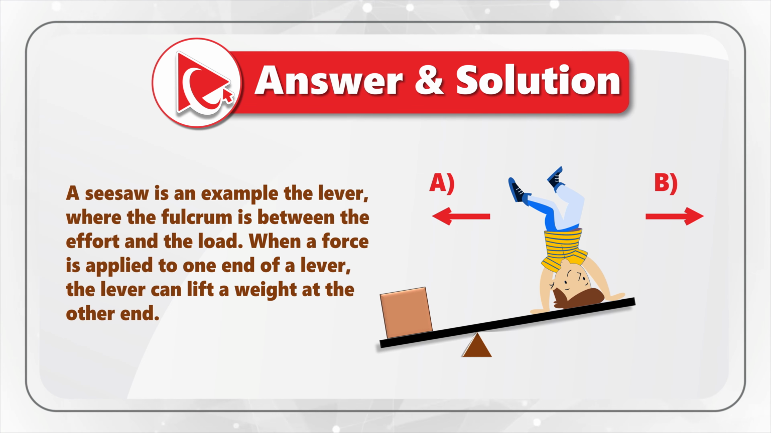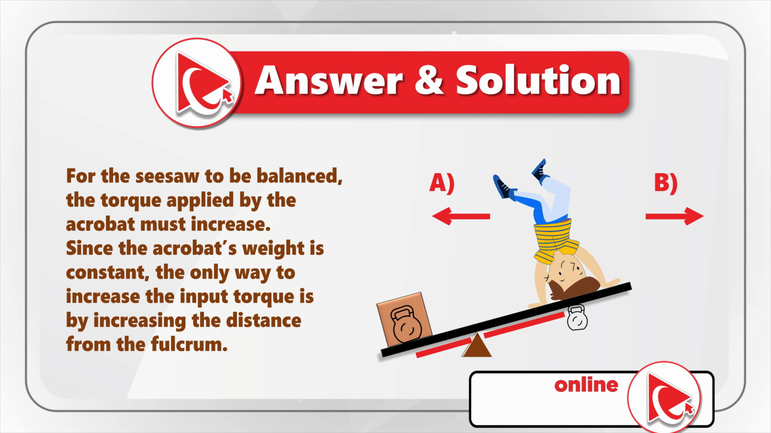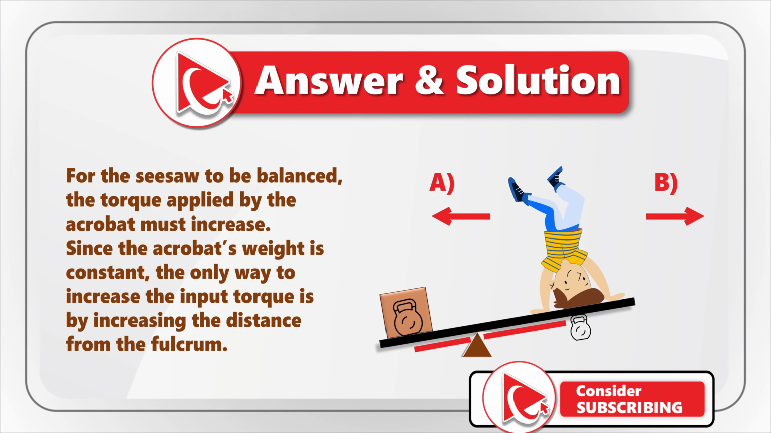In our example, we have a weight on the left side of the seesaw and the acrobat on the right side of the seesaw. The key principle of balancing the seesaw is that a force applied to the end of the lever can lift the weight at the other end. For the seesaw to be balanced, the torque applied by the acrobat must increase. Since the acrobat's weight is constant, the only way to increase the input torque is by increasing the distance from